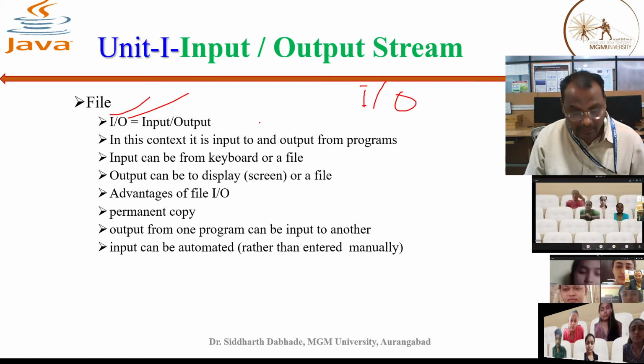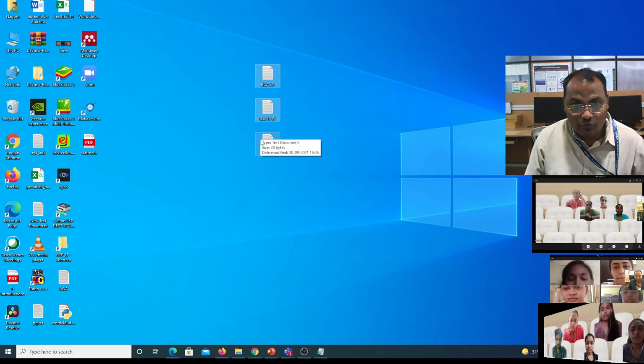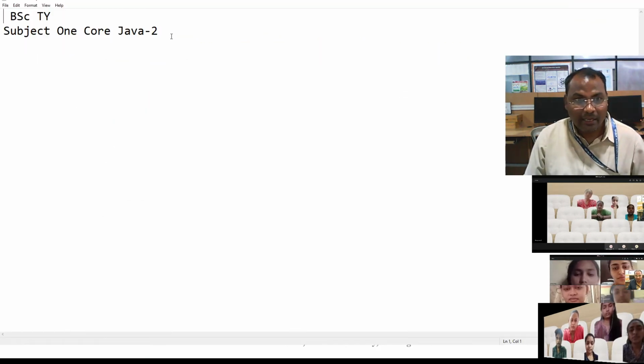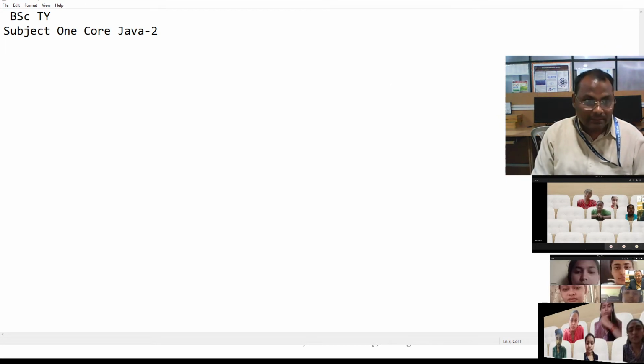Where can we give input from? Now look, suppose I have this file. I am adding another content.